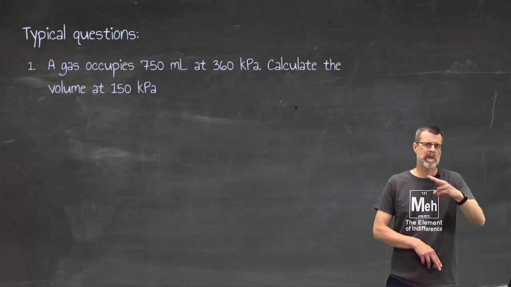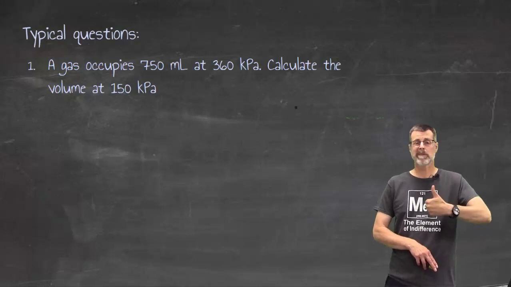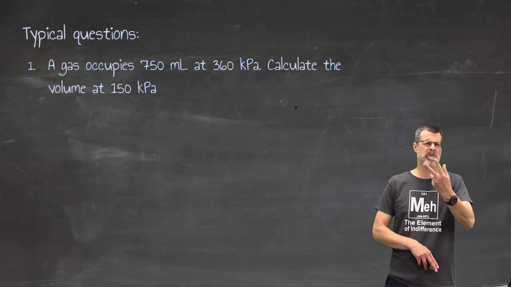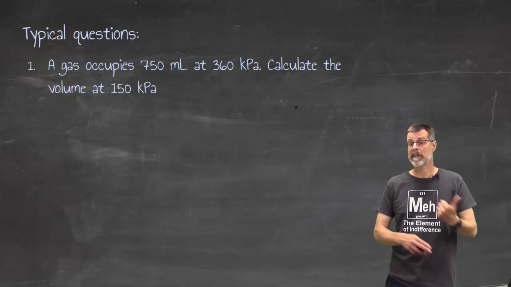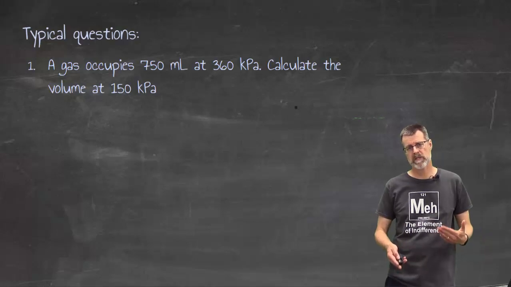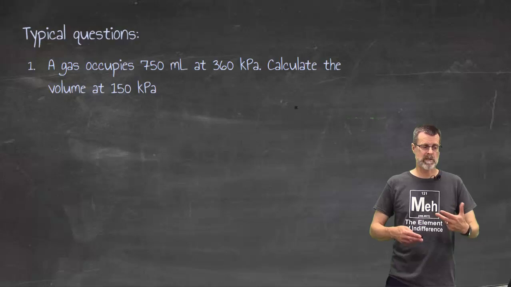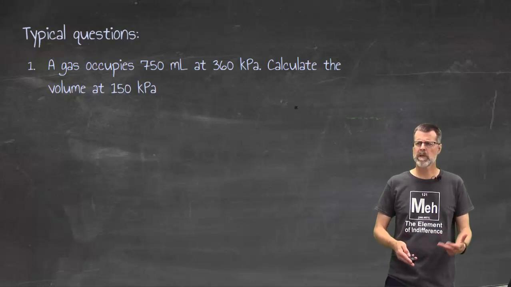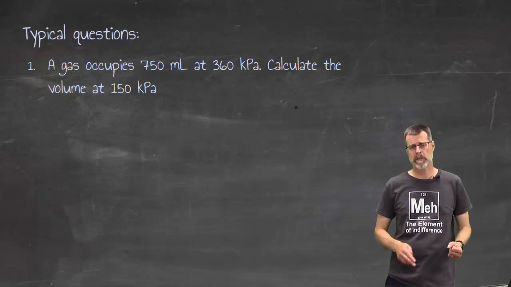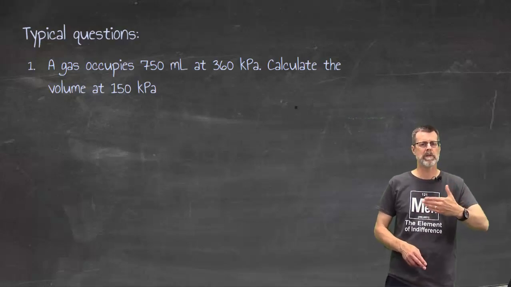The two big things to keep in mind, or the two big places where people go wrong. Actually, let's go with three. One, getting the pairings mixed up. So I've got 750 mils at 360 kilopascals. Those two go together. Second thing is, when do I convert the temperature or not? And the short answer is, you're going to convert the temperature. And the third thing is, if you forget the formula, you're going to have this